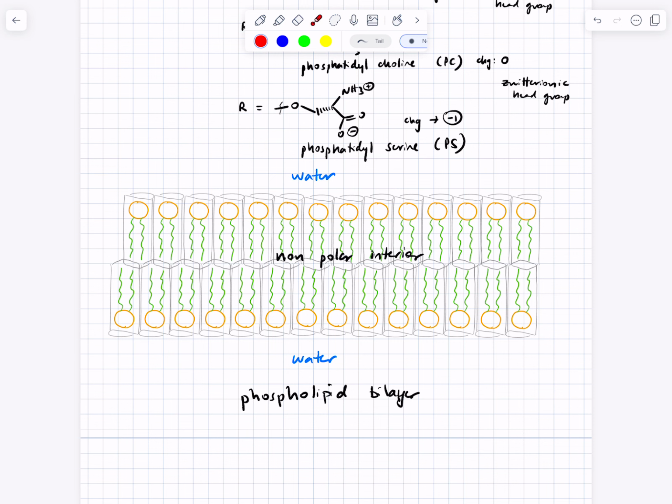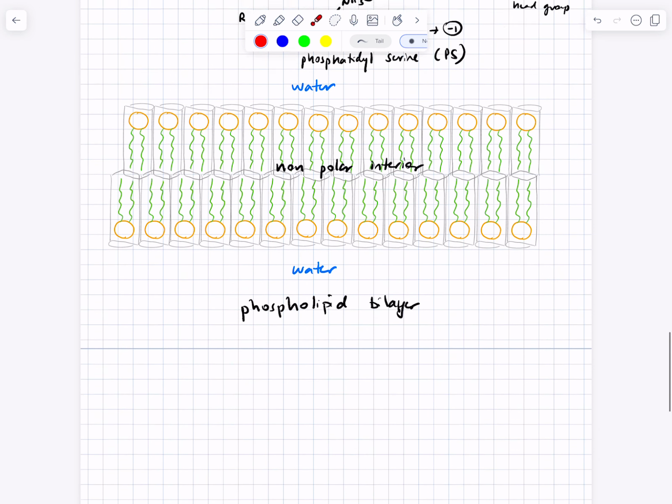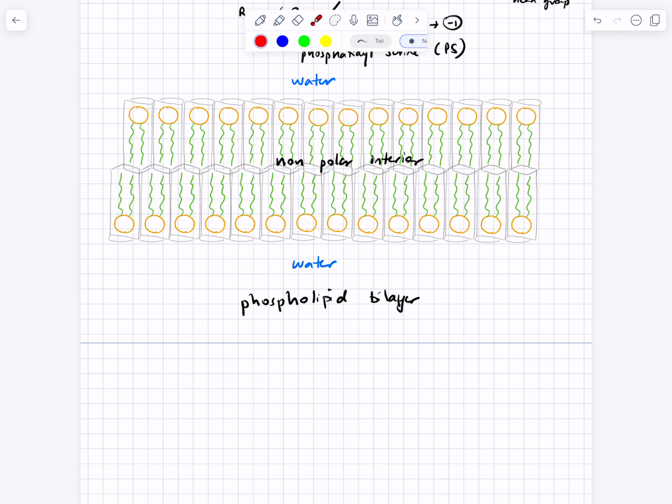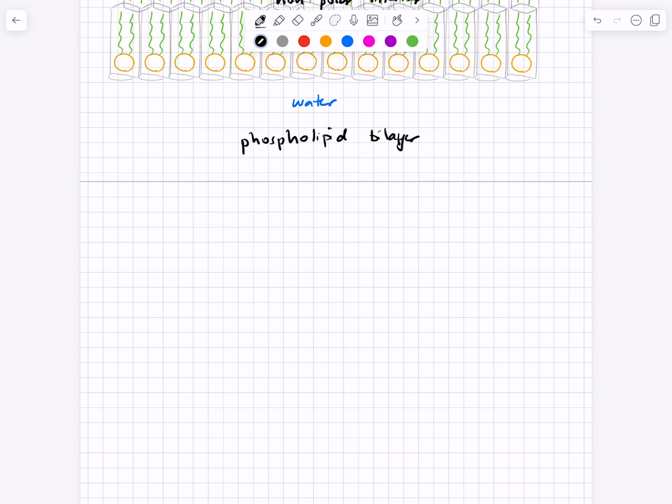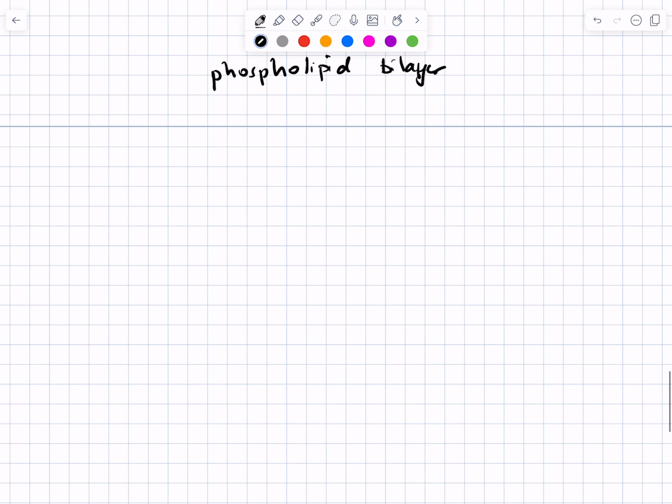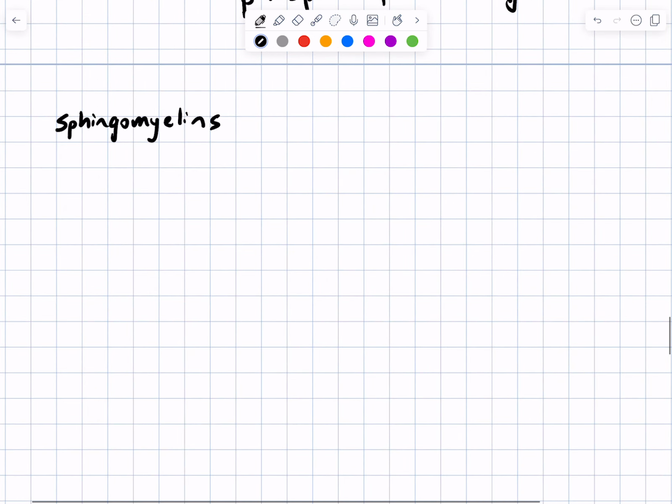Okay, the other thing to talk about is related to phospholipids. It's just sort of a quick aside, but there are some other molecules that can also be found in the phospholipid bilayer. You will encounter these in biochemistry. I want you to have seen them before. They are called sphingomyelins. They look like cousins of the phospholipids. The connectivity and the biosynthesis is totally different, but they have a strong resemblance. So what I'm going to draw for you now is an example of a sphingomyelin.